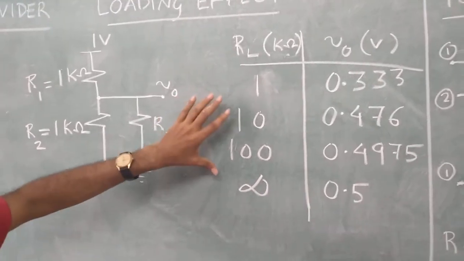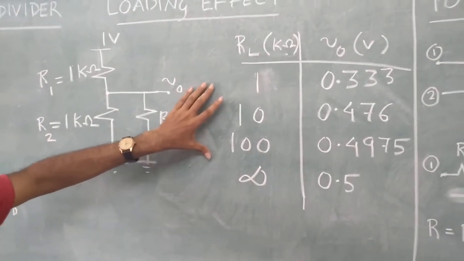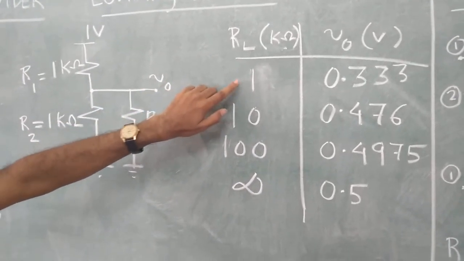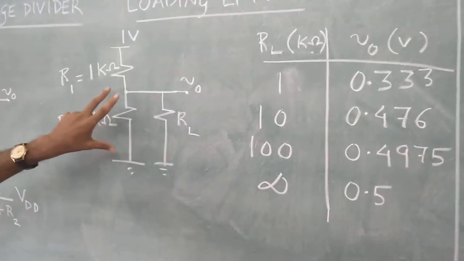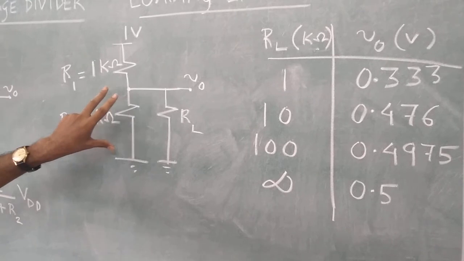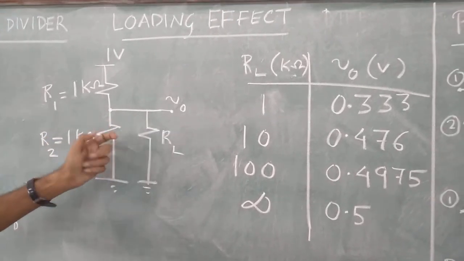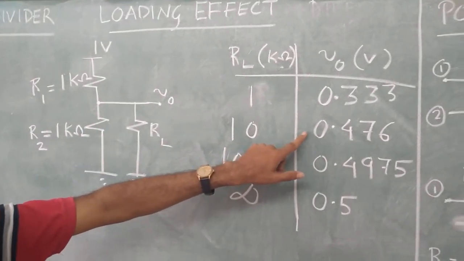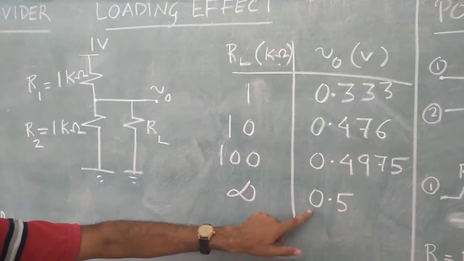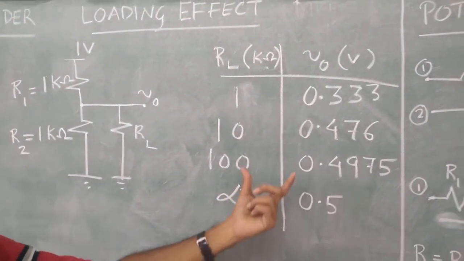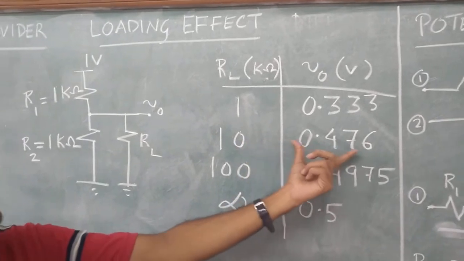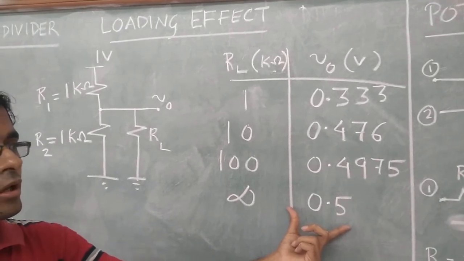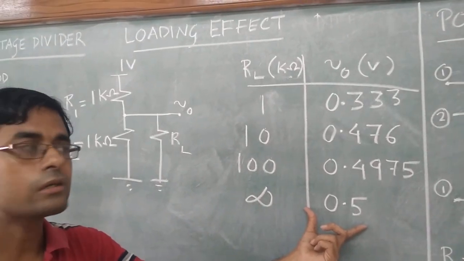So this is a good approximation technique which is generally used in electronics and instrumentation engineering, where if you have a leg resistance of 1 kilo ohm and the RL is a factor of 10 or more than that, then you can approximate the output voltage to closely match the output voltage when no load is present. So you can approximate this voltage to be that of 0.5 volt. It's only an approximation, but with simplified analysis we can deal with them.